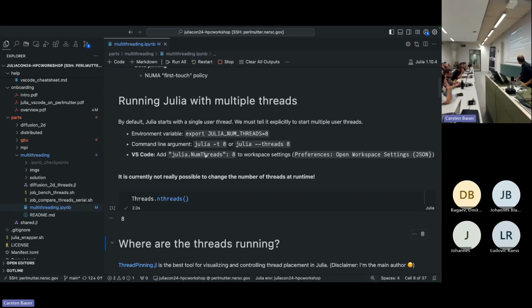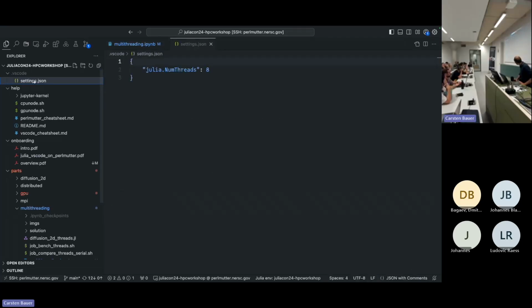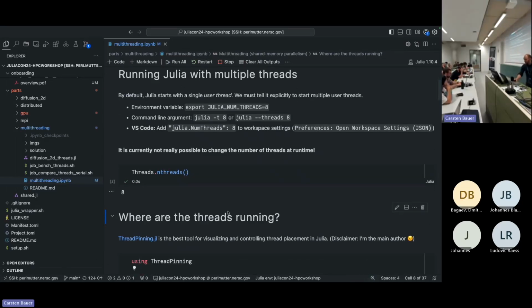So copy this, Julia num threads 8, and put it into your workspace settings. The workspace settings will eventually just be a file here, VS Code settings.json, and then you just put this in, right? So once again, just preference open workspace settings is the command in VS Code, and you just put this in. And the only thing you have to do is restart the notebook kernel to make the change go into effect. All right, so now that we have 8 threads available,